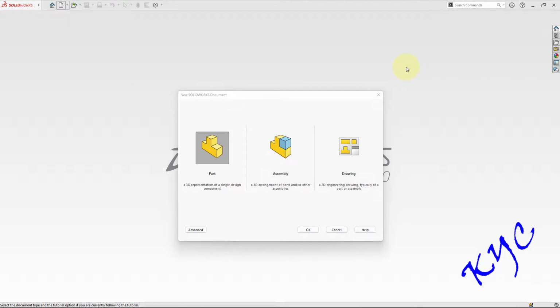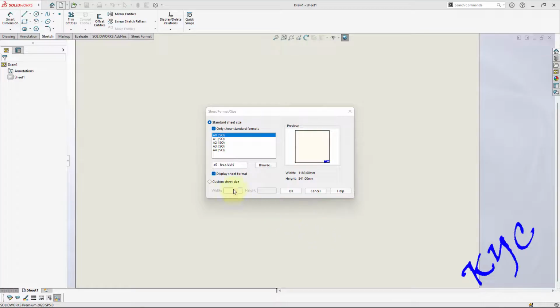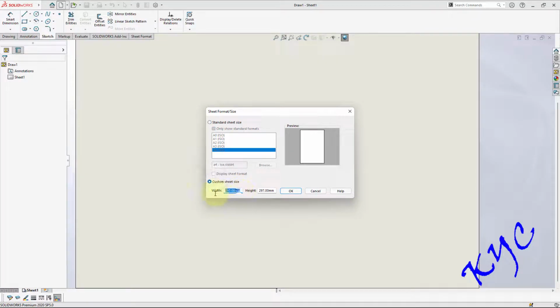Hello students, today let us learn projection of cylinder in Solidworks in drawing mode. Select drawing, click on OK, select A4, switch off this display sheet format, custom sheet size